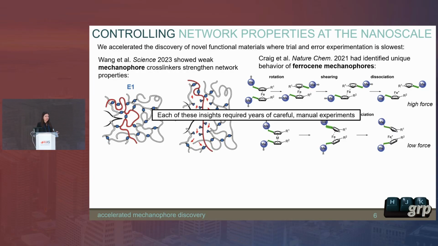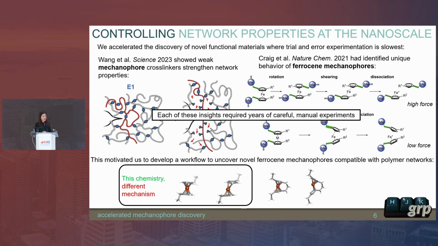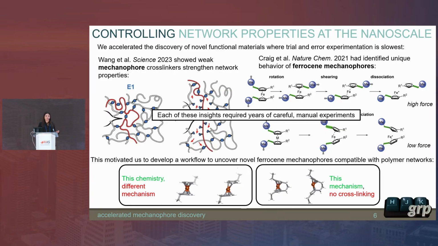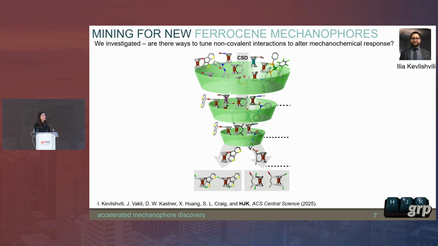We were interested to know, could we accelerate this with AI? What we were aiming to do was identify ferrocenes that we could incorporate into polymer networks, but not doing it with the chemistry that had been accomplished to date. The reason we were so drawn into this idea of doing this with ferrocenes is because it allowed us to sidestep a key question in AI accelerated discovery, which is of synthesizability. In particular, ferrocene has not been extensively studied as a mechanophore, but it and its derivatives have been extremely widely studied in the context of transition metal chemistry and redox chemistry.